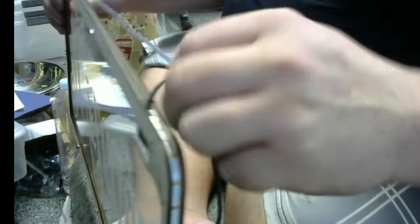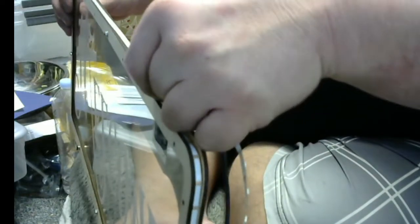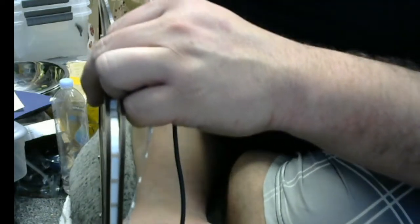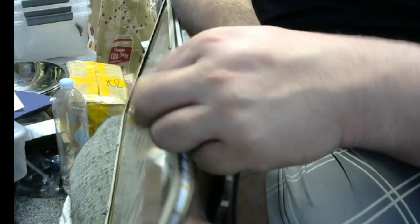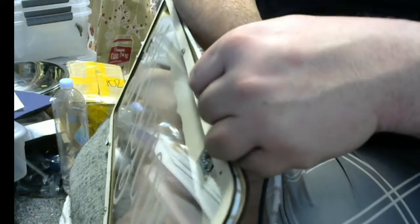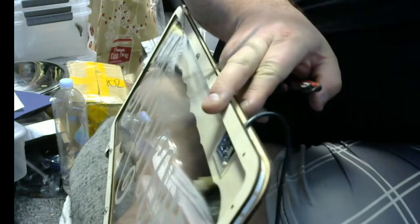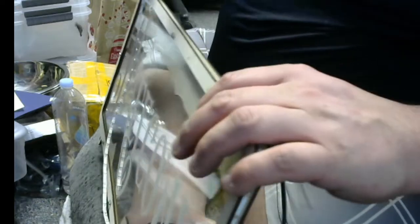Okay. So let's see. It comes to the controller about right here. So this will be the last pixel. So I'm going to cut it off right before the last usable pixel. That way it's easy to solder onto the next strip. Okay. Throw that to the side, and then we'll